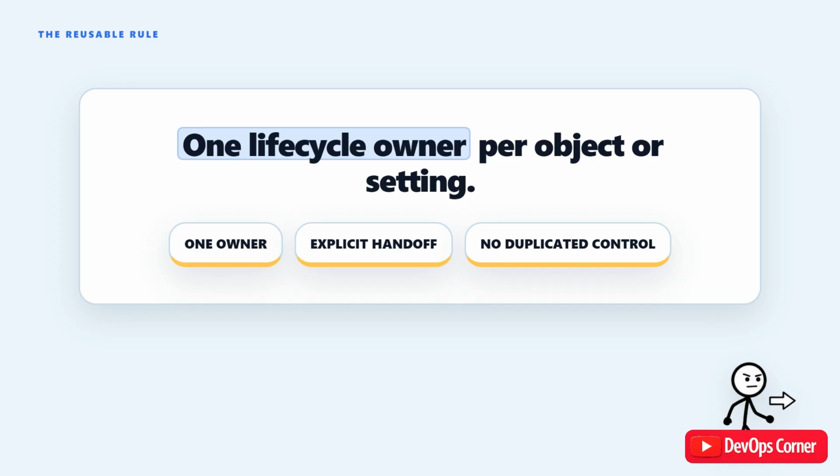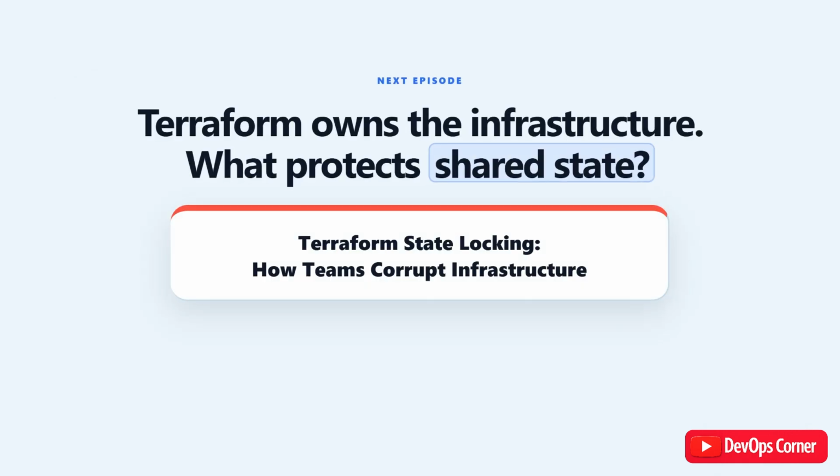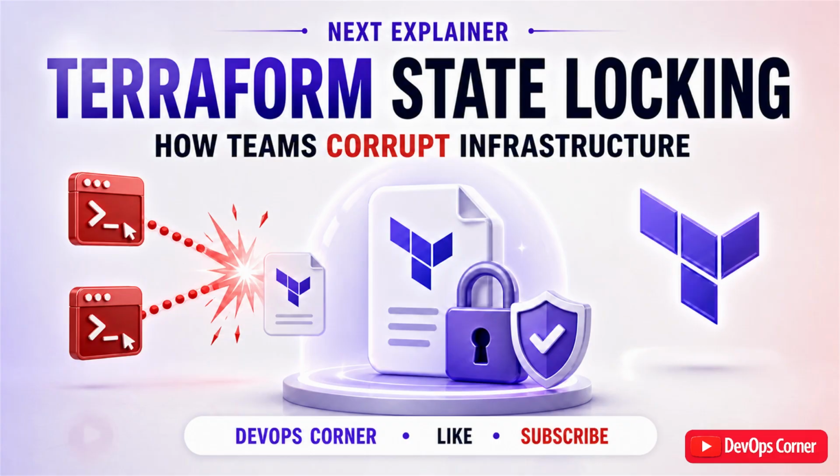Once Terraform confidently owns your infrastructure layer, the immediate next risk your team faces is state corruption from concurrent operations. We will be covering exactly how to safely manage that in our next explainer, titled Terraform State Locking: How Teams